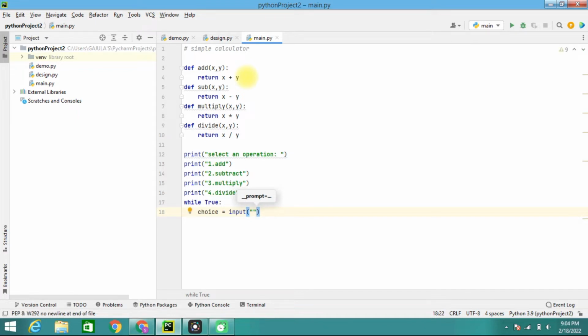So here we'll be getting something called enter choice of 1 or 2 or 3 or 4. These are the options I am giving you. Like this we can take it, and then we'll be moving towards the if condition. So here I am going to apply an if condition. If choice